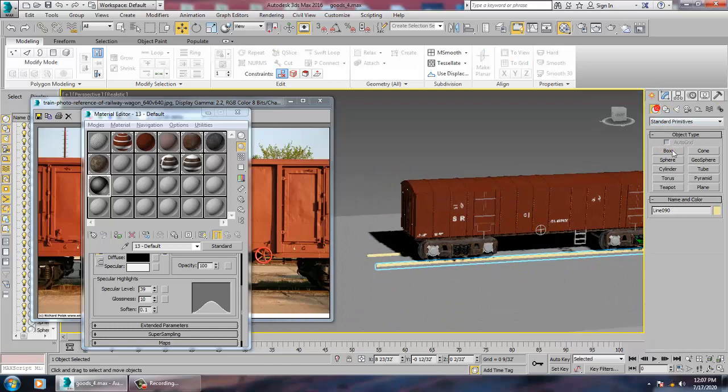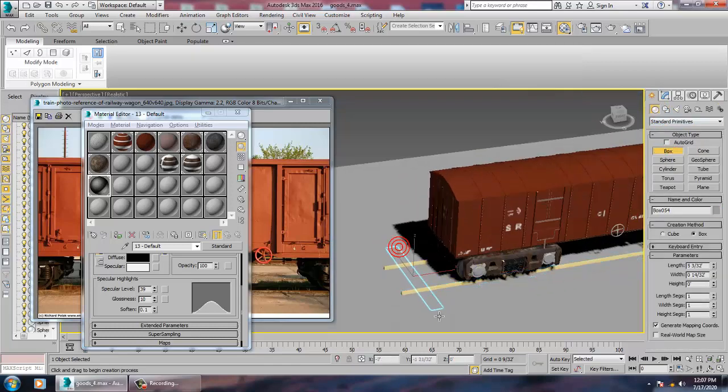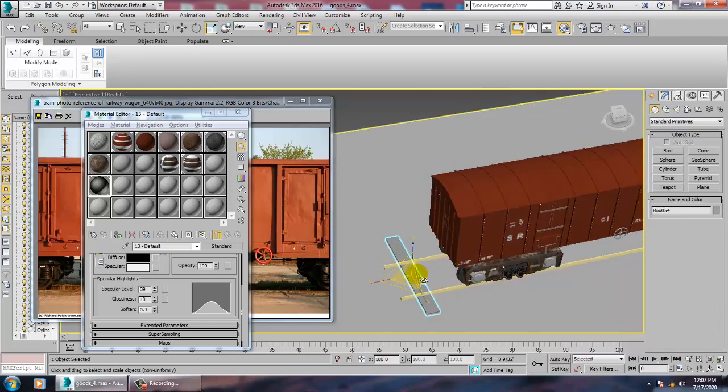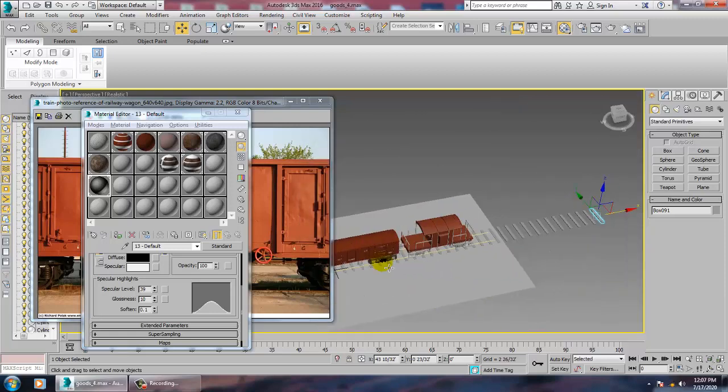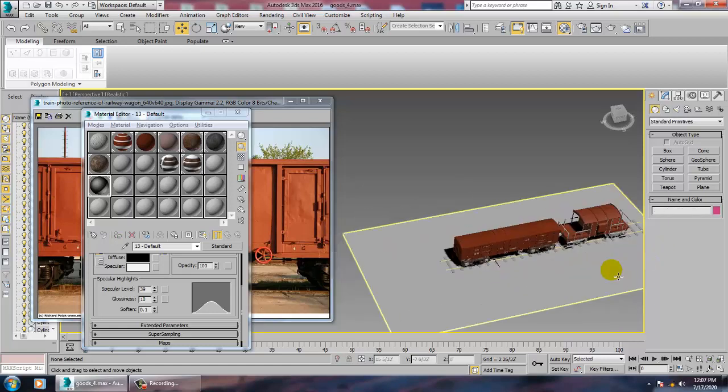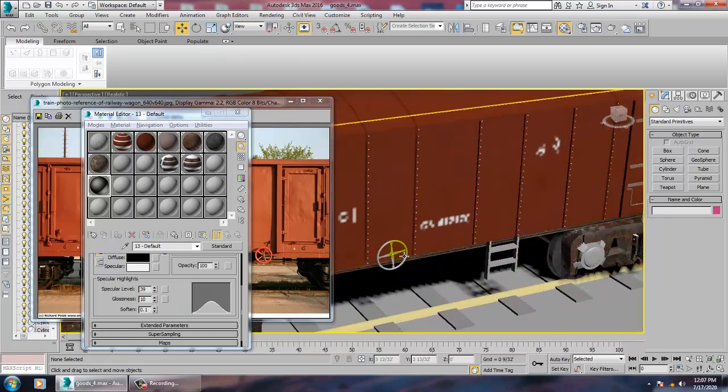So take a box over here. And just duplicate this. And delete this stuff. So keep on saving the files over here. After that, what we'll be doing over here is,